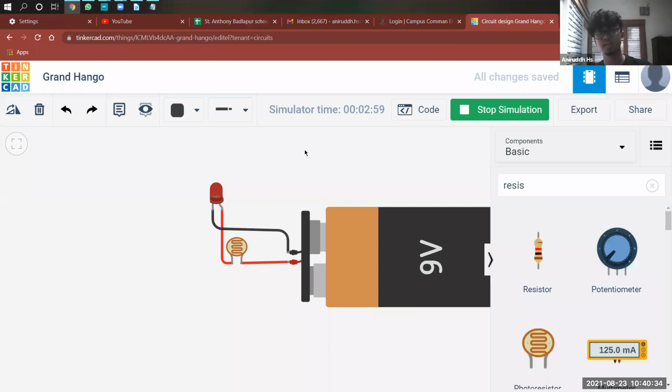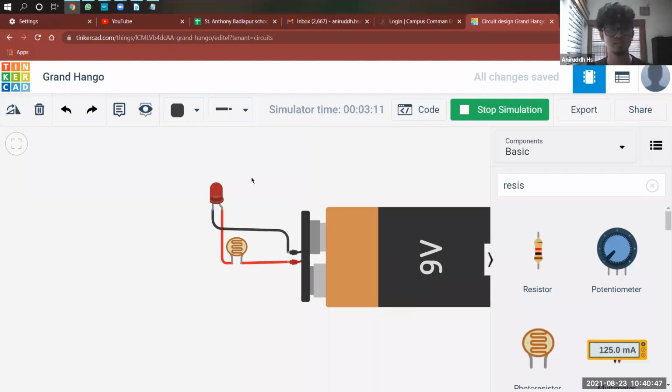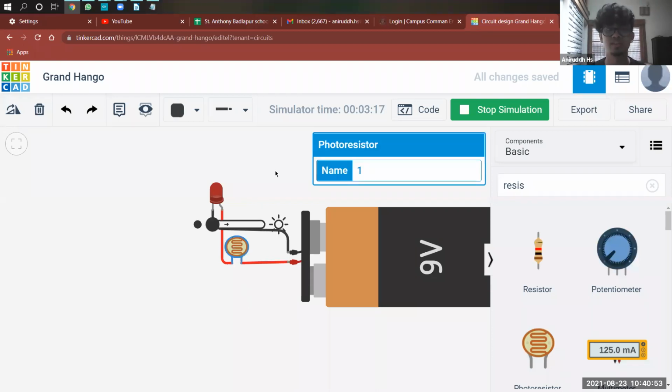No doubts, huh? So everybody understood how it works. Pretty good, right? This is a pretty useful component. Depending on how much brightness there is, you can do whatever you want. You know that resistance is basically a traffic jam, right? So in this case, depending on light, you can control the traffic jam.